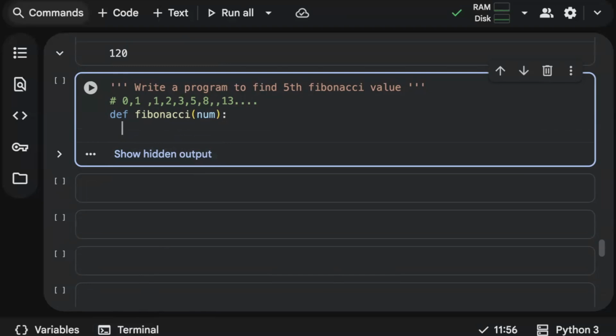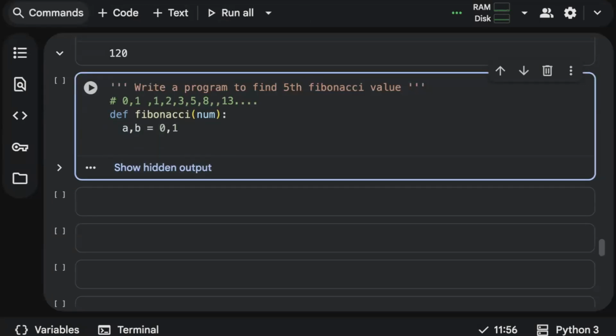So we'll write a condition in such a way that it returns a value by summing the previous two numbers. First, let's initialize the first two values, 0 and 1, using our variables a and b, and then we'll make use of a for loop.